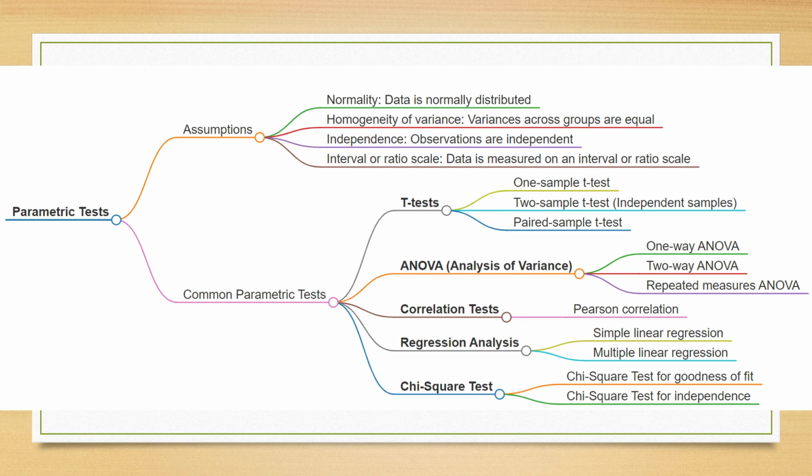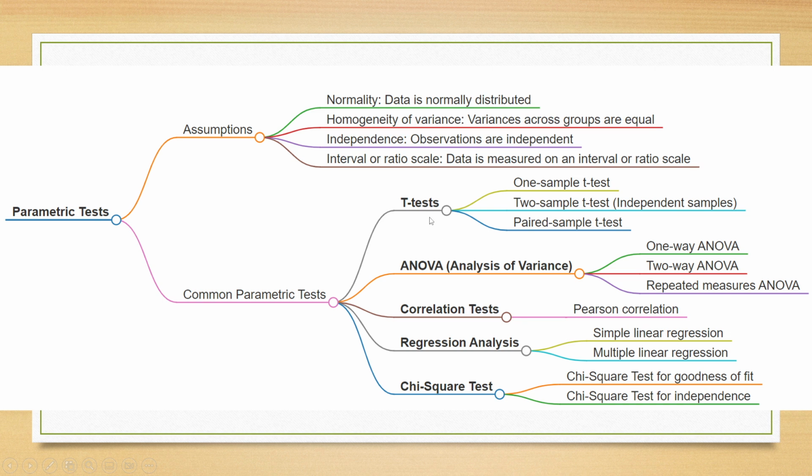So I will not discuss this measurement scale. The measurement scale has four parts: nominal, ordinal, interval, ratio. When there is nominal or ordinal data, we have to go for non-parametric. But here we are having interval and ratio scale. So for interval and ratio scale, we can go for a parametric test, either t-test or ANOVA, correlation, regression, or